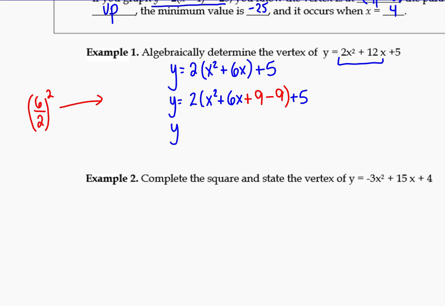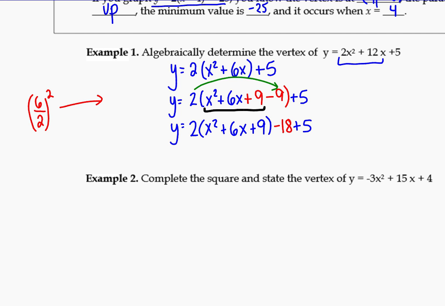Next step, we just want the perfect square trinomial. So we have to remove the negative 9. So how do I bring it out? Times it by 2. Yeah, you have to multiply it by 2 to bring it out. 2 times negative 9 gives you negative 18